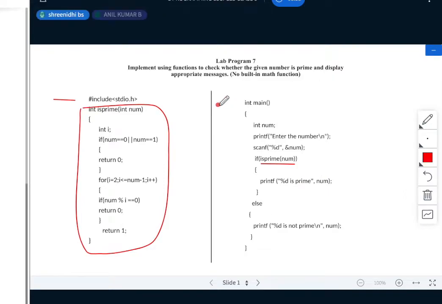So always your execution starts from your main function. Now let's see how this program is executed. So I'll enter the number. For example, I'll enter the number as 5.